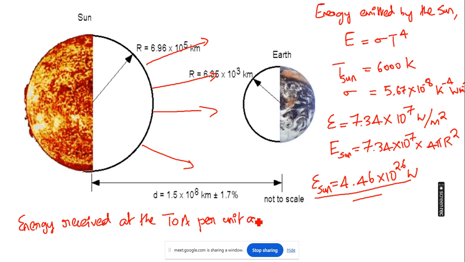unit area. So in order to find that, let's assume the distance as a sphere, another sphere. So this is being emitted towards all directions. So let's assume this is another sphere which is having an area of 4 pi d square, where d is the distance between the earth and the sun. So since this is being emitted to all directions, we have to divide it by the total area, which is 4 pi into the distance between sun and earth. So the energy emitted by the sun,